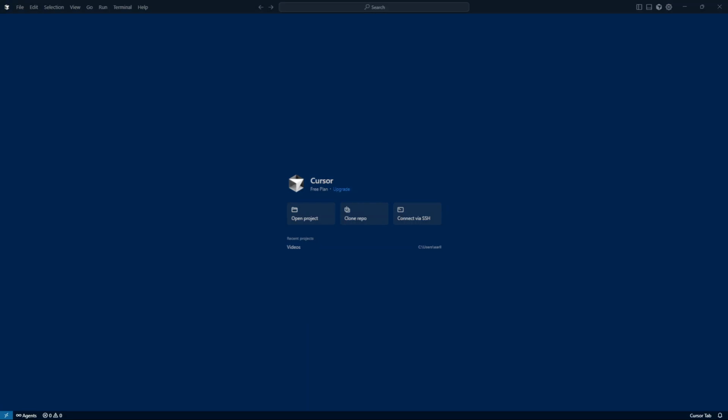In today's video, I'm going to teach you how to add a Google API key in Cursor AI. If you're wondering how to integrate this crucial component into your Cursor AI settings, you've come to the right place. Let's dive in and walk through each step to ensure you have your Google API key successfully set up in